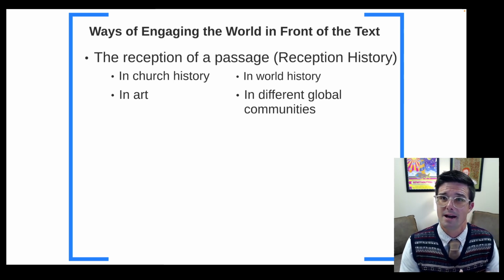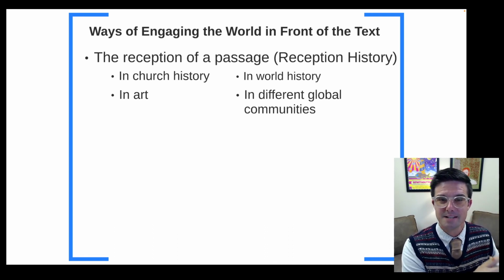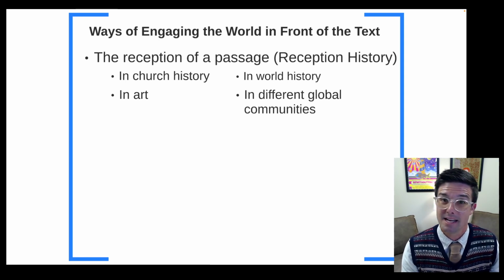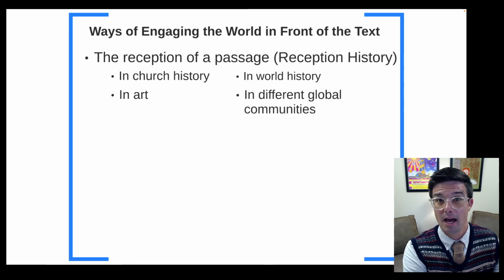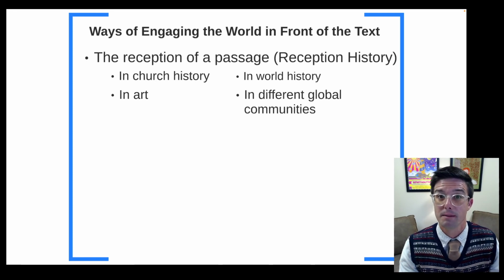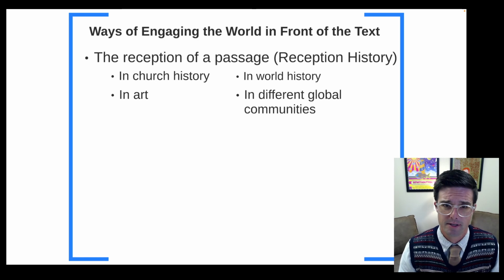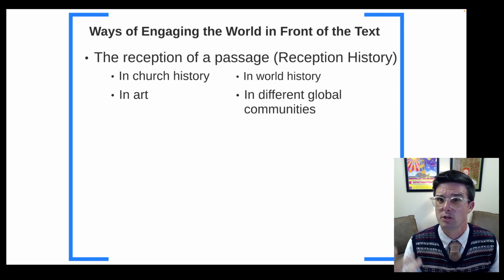I think one of the most interesting things that one can do in the interpretive process is find different ways that a particular passage has been depicted in art from different times and in different geographical contexts. I think this is really telling about what is important about the text to those artists in different places and different times. So one way to engage the passage is to think about its reception in different kinds of contexts.